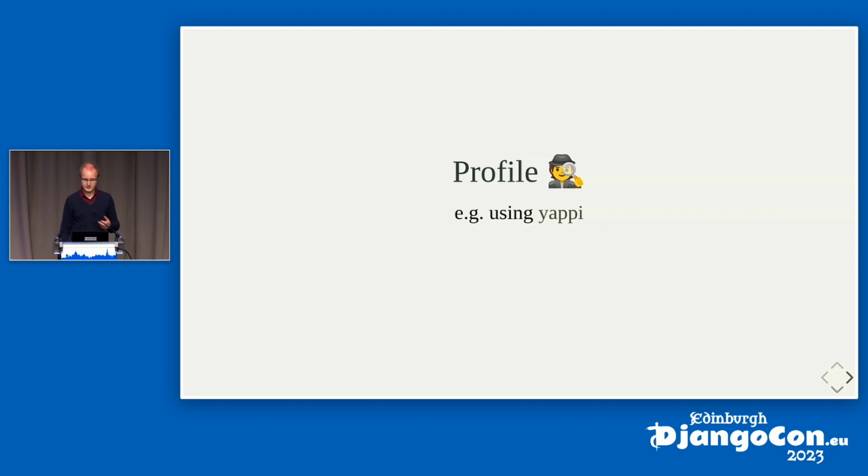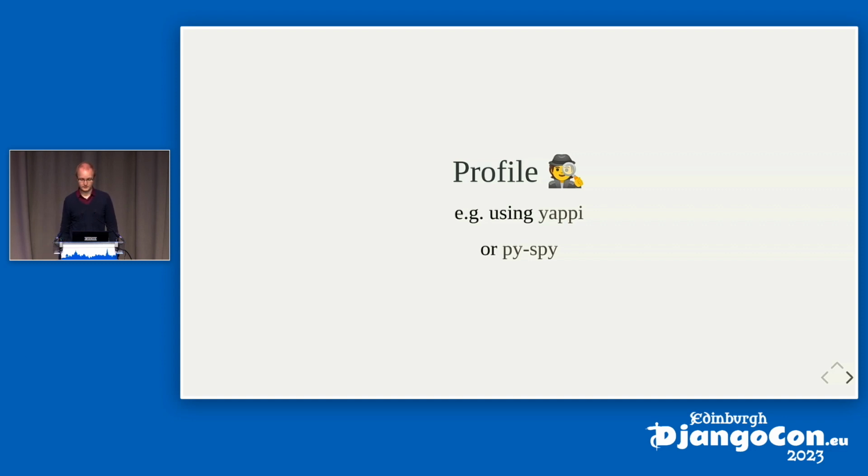For example, using Yappi, which works similarly to the standard library profilers, but is more geared towards multi-threaded and asynchronous applications. Another one I really enjoy using is py-spy, which works a little differently. It can hook into running Python processes, show you which function the Python process is currently working on, sample that multiple times per second and give you statistics on that. Py-spy therefore has quite little performance overhead, and it's sometimes really interesting to even run py-spy in production and see what code gets executed a lot.